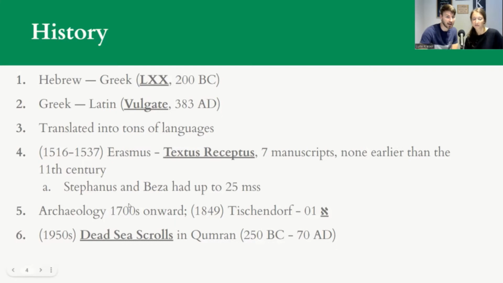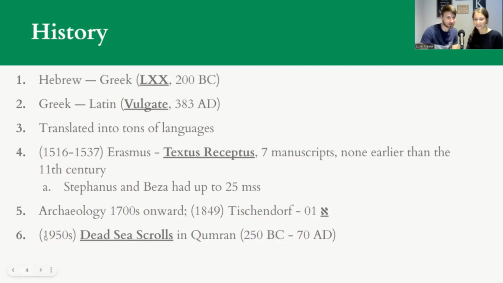After that, around the 1700s and later, there was tons of archaeology done. And where they had 25 manuscripts, we have over 5,000. How cool would it be to just be digging around and find something? One of these is in 1849, a guy named Tischendorf, who is the inspiration for Indiana Jones, found Sinaiticus, which is pretty much the oldest complete manuscript that we have of the Septuagint and the New Testament. So it's old and massive, all in Greek. It's not all of it, but it's the most complete.